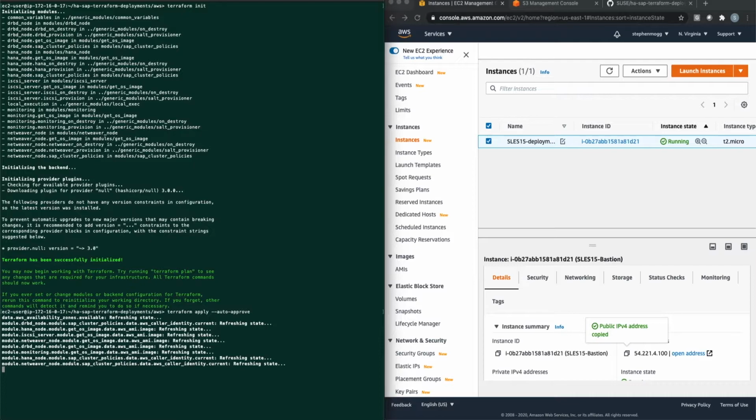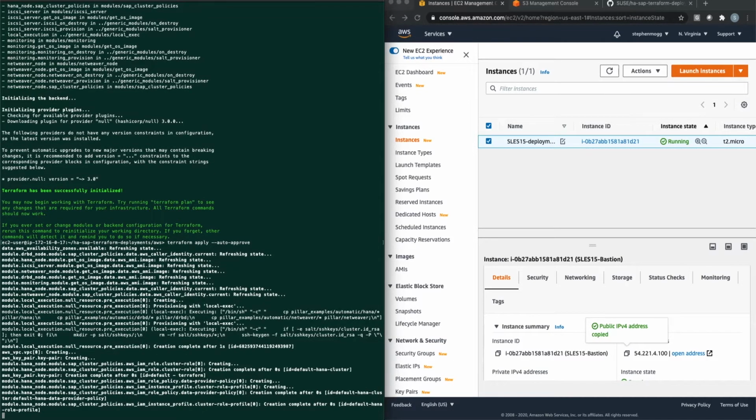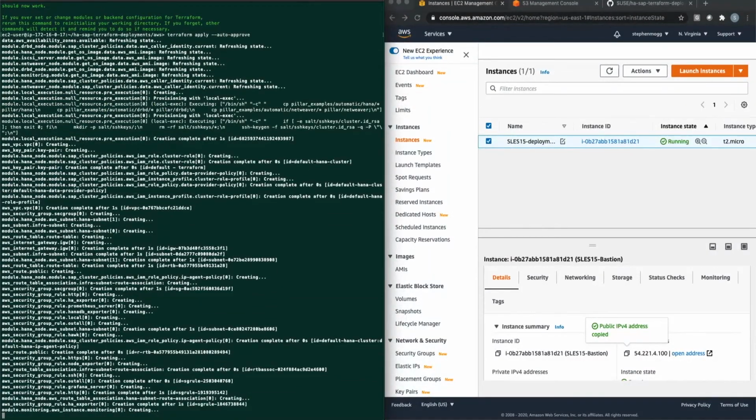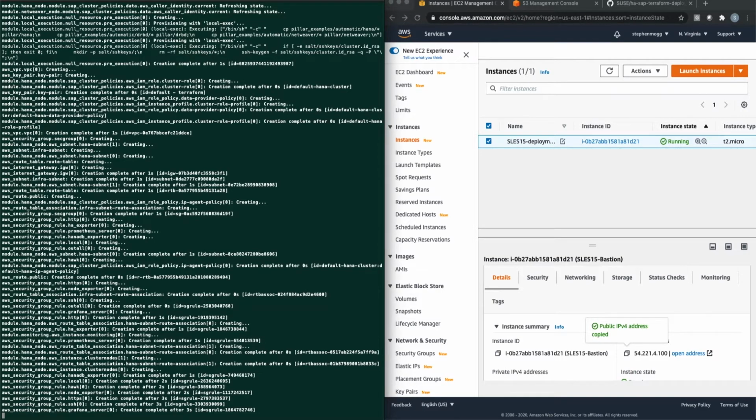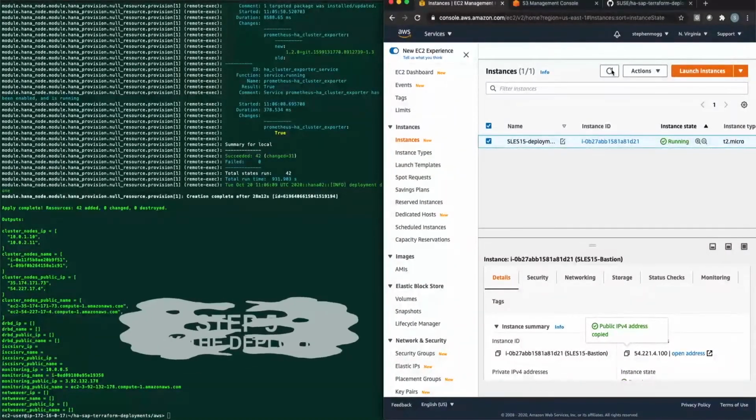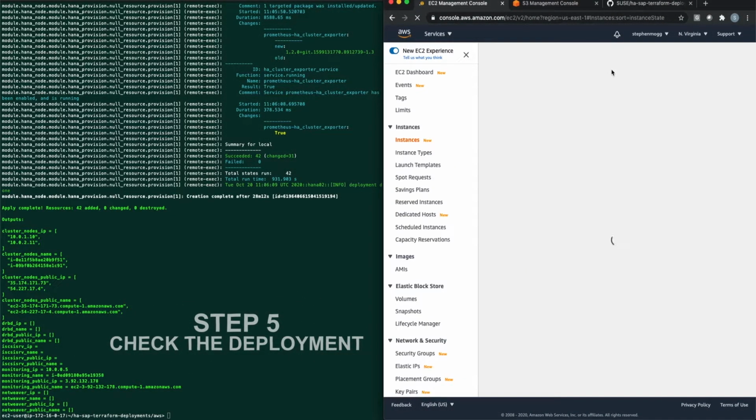So what's going to happen here is Terraform will start creating all the infrastructure that we saw in the earlier diagram. And once that's complete, what we'll actually use is Salt in the background to do all the OS configuration, software deployment, and cluster configuration off the back of that. So I'm going to let this run, and we'll see you on the other side. If we refresh the AWS console, you should be able to see all those additional nodes that have been put